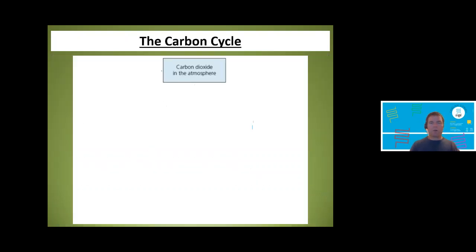Now, I'm not going to start on the carbon cycle. Well, I'm going to show you briefly, and I'm going to show you something really useful about the carbon cycle and why I like the carbon cycle. And then we'll look at it in more detail next time, in 2 weeks' time. But the reason I like the carbon cycle is because it pieces together lots of topics that you've covered already. So the reason that we do ecosystems at the end, it's the sixth topic covered in this module, is because we're going to be talking about a lot of things that we've seen already.